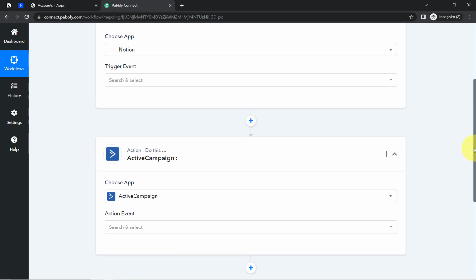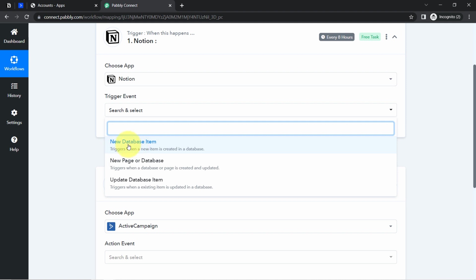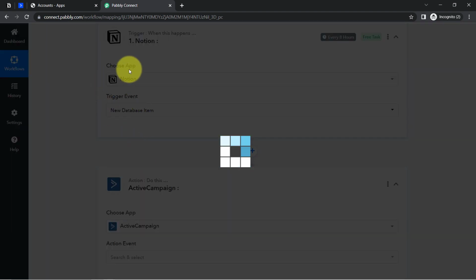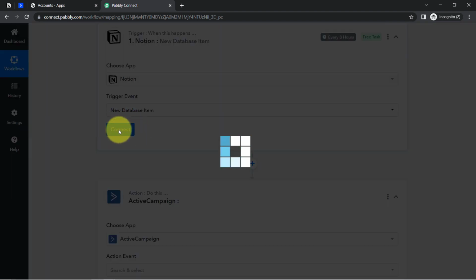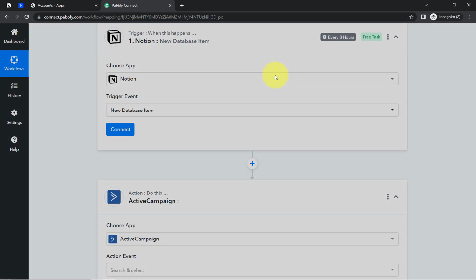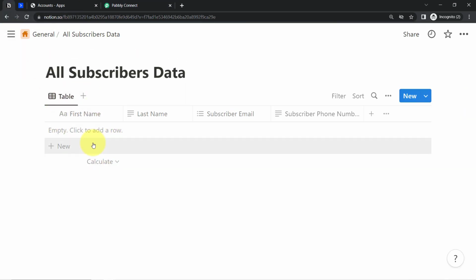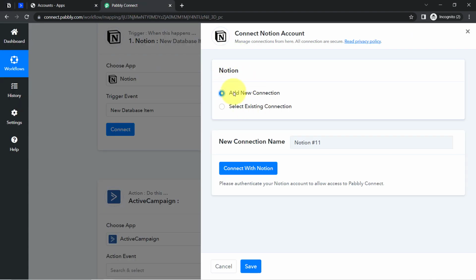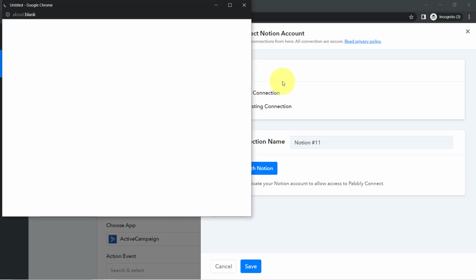Alright, so coming back here, I want that whenever someone creates a new database item inside Notion, this automation should trigger. So that is why I have selected this particular trigger event. Now I'm going to connect Notion with Pabbly Connect, so that whenever someone adds the details here, the details will first be captured via Pabbly Connect, and then we are going to send the same details to ActiveCampaign. Okay, so for that you'll have to click on this add a new connection, connect with Notion, and